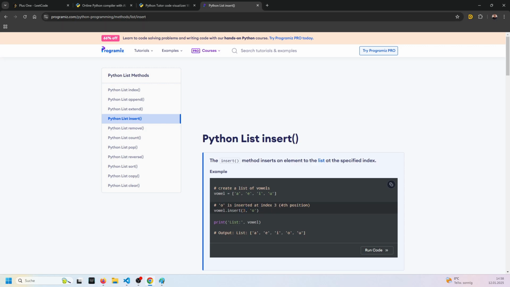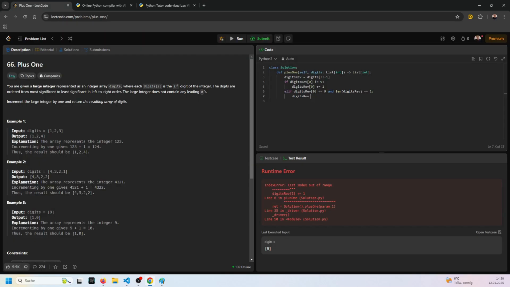Position, so index and what exactly? Okay. Insert 0 and 1. No, wait. Since I turned it around, it's not going to go before, it's going to go after. Only 1 and 1. So, and then